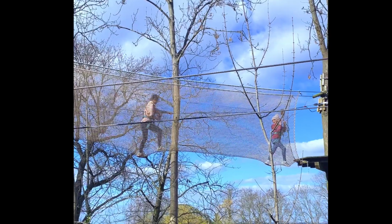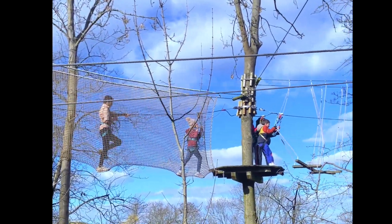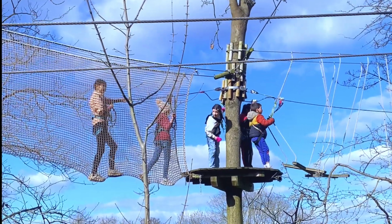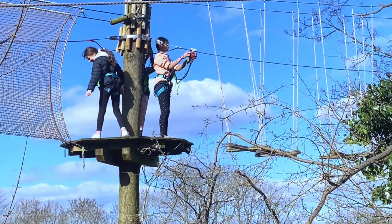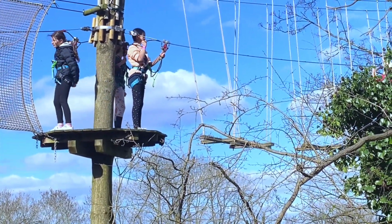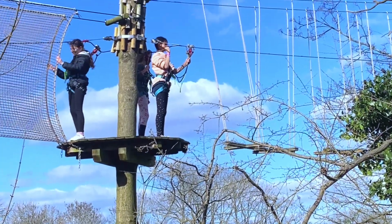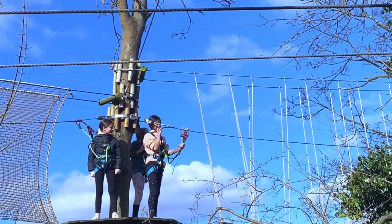a tree platform, because only three people can go on the tree platform. As you can see, the next obstacle is really hard, because I can't even reach the platform, and it was stuck together. The two platforms were stuck together, so I had to pull them out. As you can see, I'm already pulling them out,